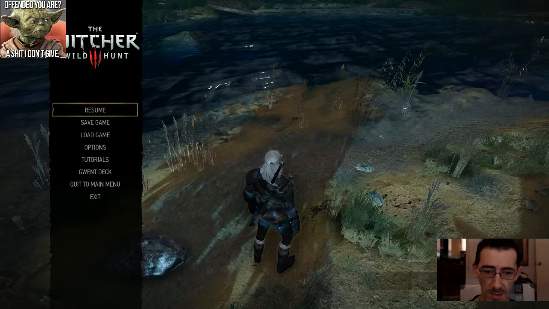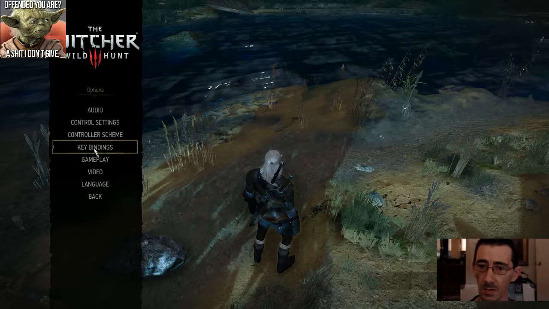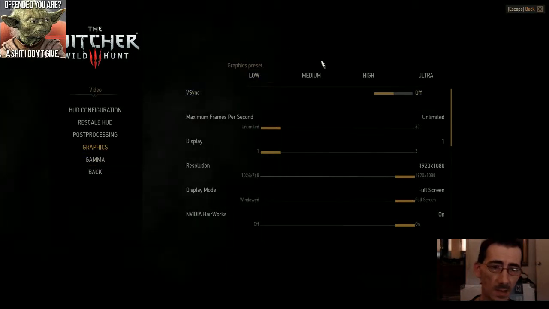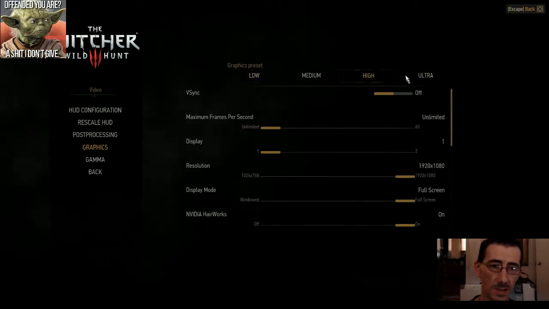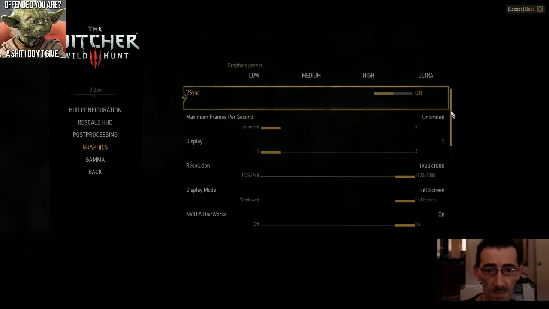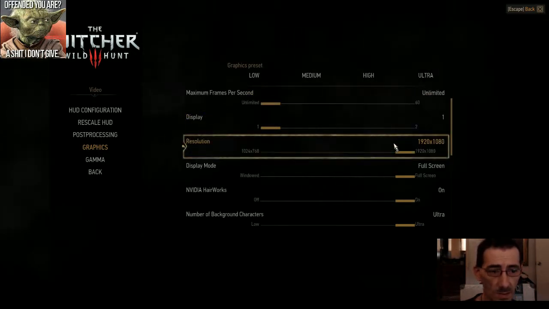Hey, give me just a moment. I'm checking some settings. Back to the game. So when you tab out, it seems that it automatically goes to this. One thing I noticed, it doesn't have anything where it just automatically reads your settings. The game seems like it's a little jerky. So I want to